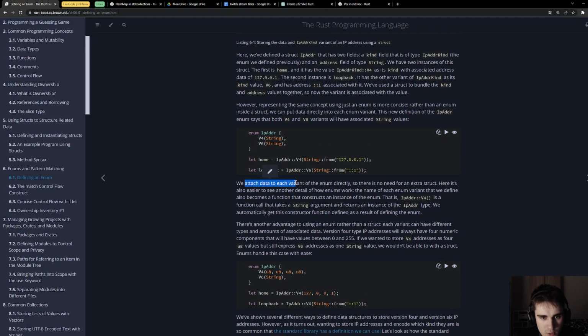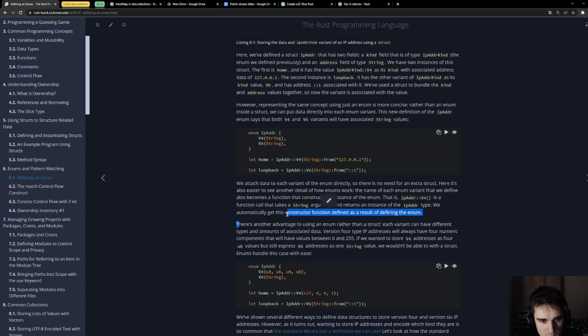We attach data to each variant of the enum directly, so there is no need for an extra struct. Here it's also easier to see another detail of how enums work. The name of each enum variant that we define also becomes a function that constructs an instance of the enum, that is IP address v4 is a function call that takes a string argument and returns an instance of the IP address type.